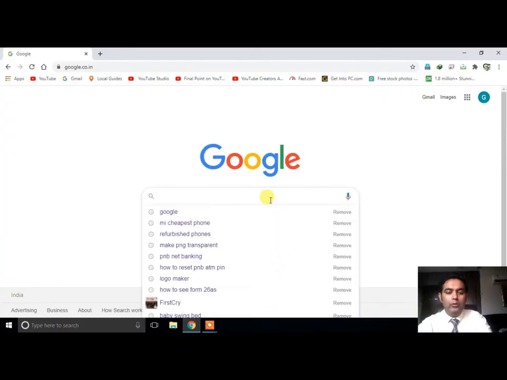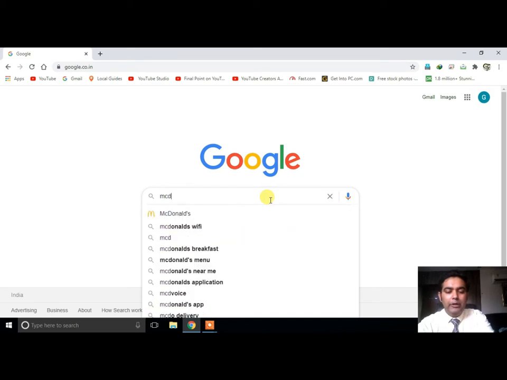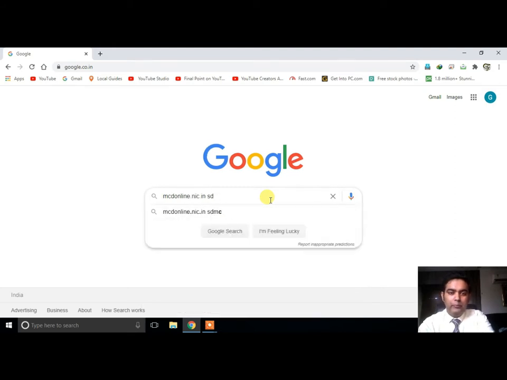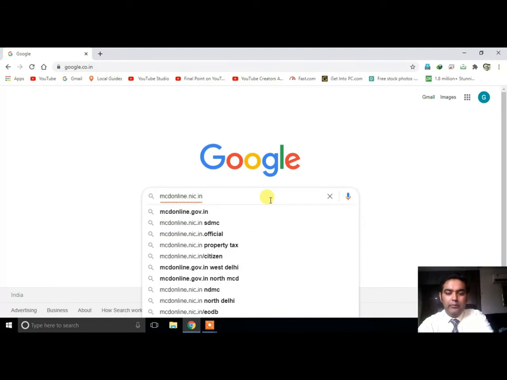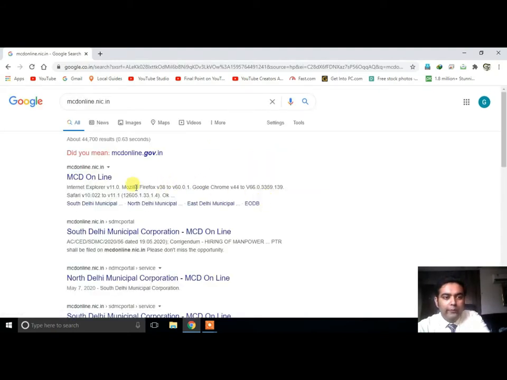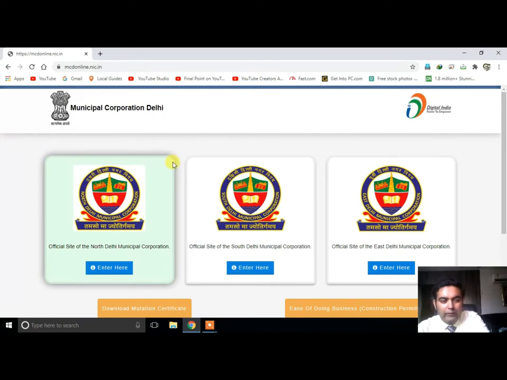So first of all, open the website mcdonline.nic.in. This is the website which has been newly created by MCD to file the property tax. As you all know, MCD is divided into three parts.